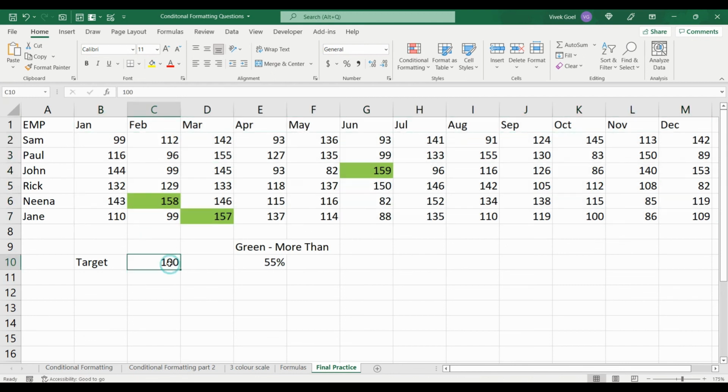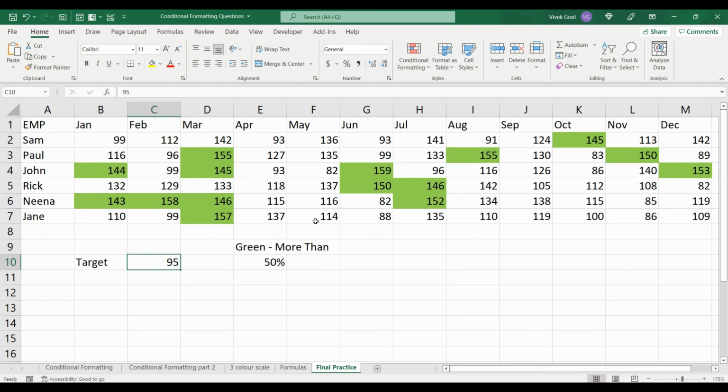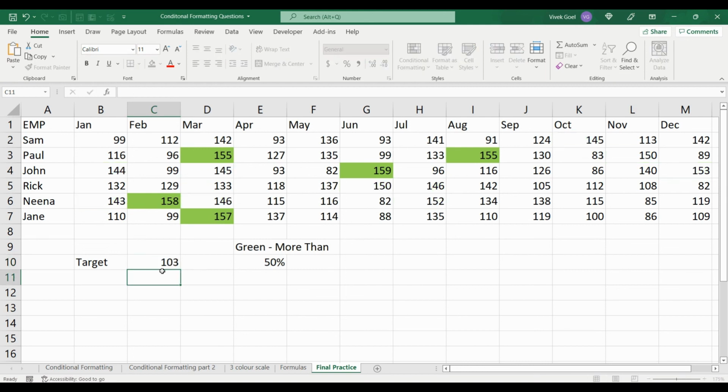The user wanted to highlight individuals who have crossed the target at least by 55% in green color, and this entire thing should be dynamic. If he wants to change the percentage to 50, the highlighted data should change accordingly, or if he wants to reduce or increase the target, the data should change accordingly again.